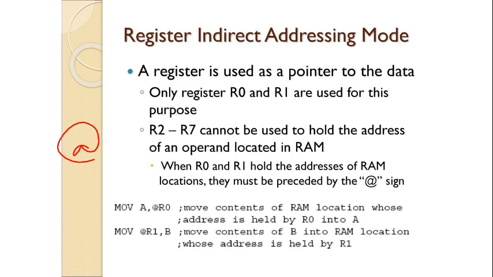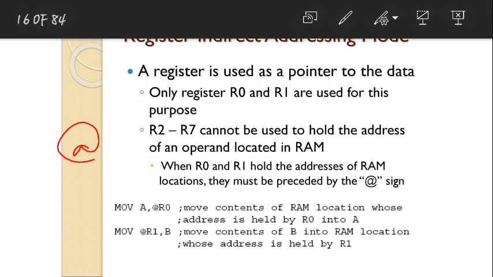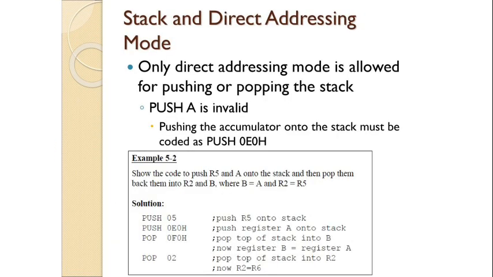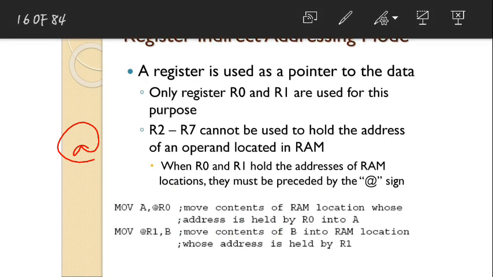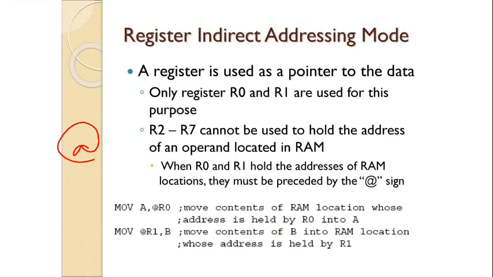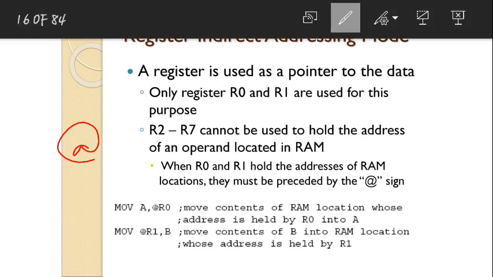addressing mode. In direct addressing mode, we would write a direct address. In immediate addressing mode, we would have an immediate value itself. And in direct, you would write some address. But in register indirect addressing mode, indirectly we should move the value. How we need to do, we will see that a register is used as a pointer to the data, same like in your C language.